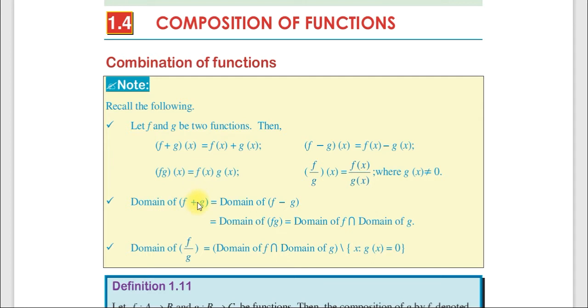The domain of f plus g which is equals to the domain of f minus g which is equal to the domain of f times g which is equal to the domain of f intersect domain of g. But the division ግን ይለያል, the domain of f over g which is equal to the domain of f intersect domain of g without x such that g of x differ from 0. ስለዚህ አሁን domain of f እና g እንግዲህ በዲቪዥን ጊዜ የሁለቱ ኢንተርሴክሽን ሆኖ ሳለ ነገር ግን g of x ን 0 ሊያደርግ የሚችል ቁጥር ከዶሜኑ ውጪ መሆን መቻል አለበት ማለት ነው